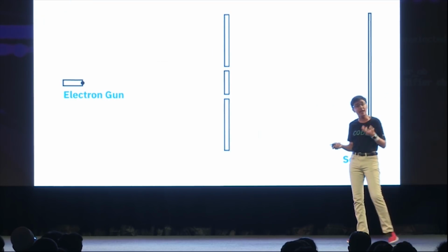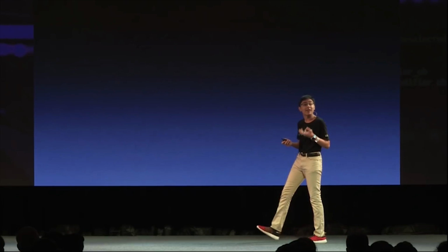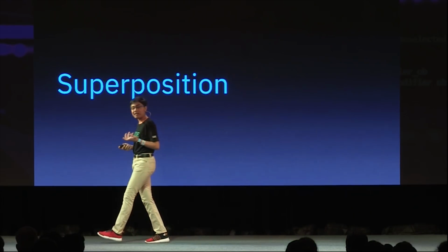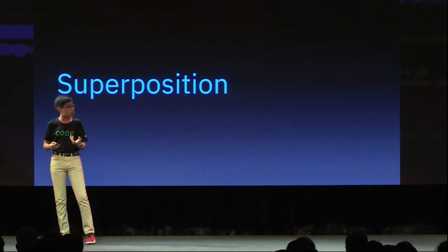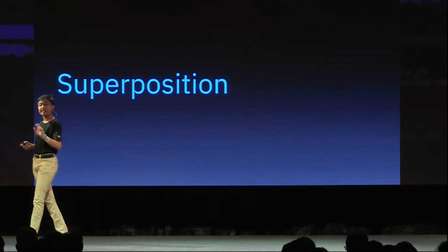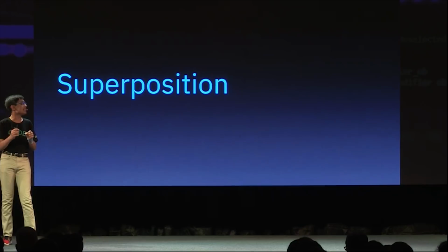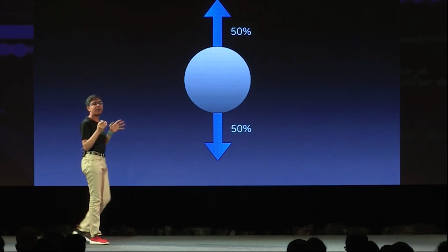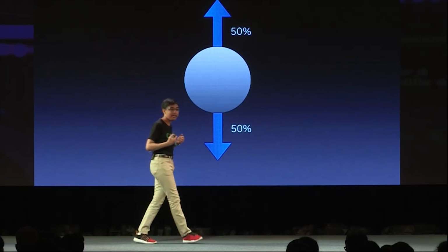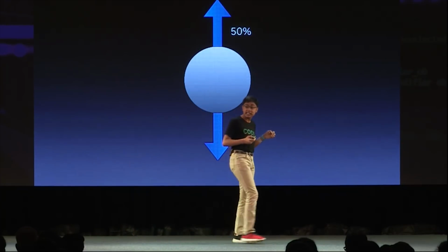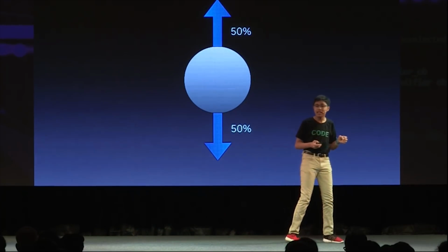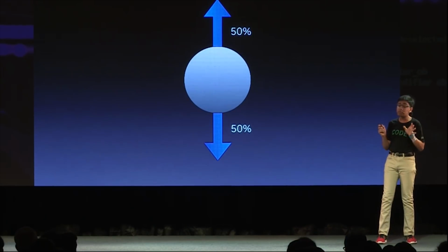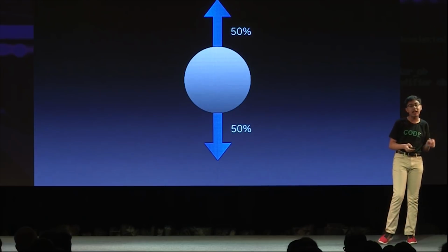And now this itself is powered by some very, very interesting quantum mechanics, including superposition, which means that if you don't measure or observe a quantum particle, then its properties can be in numerous states at once. Like, for example, the particle spin. Let's just say a particle spin can be up or down. Now, there's a 50-50 chance of it being up or down. And until we actually measure that particle, it is technically in both states at the same time because it's not being interacted with.